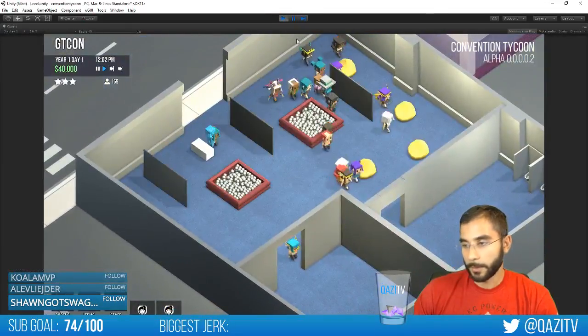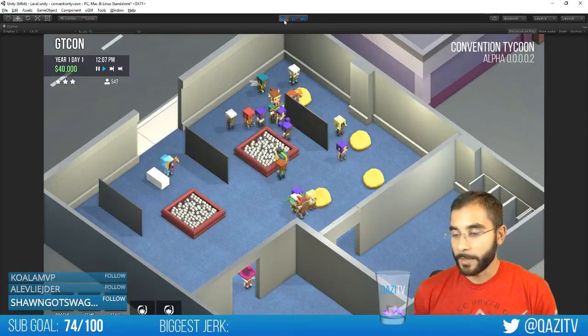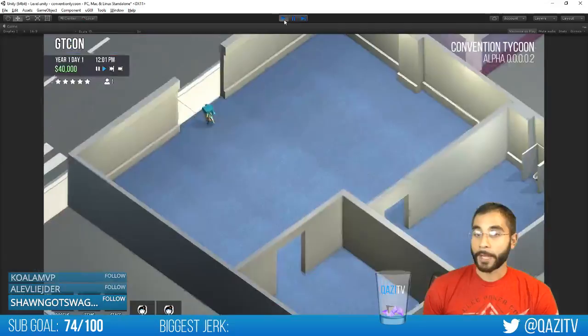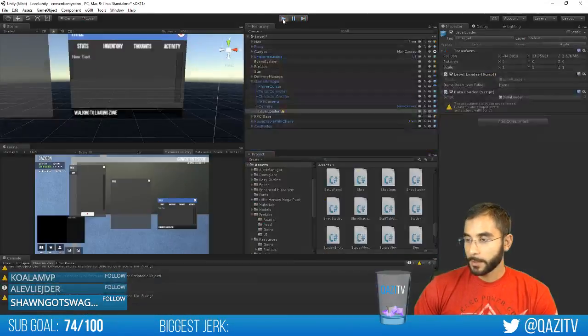Load, load, load. Cool. We don't have their rotations and states being saved yet. Pretty much the actors aren't being saved much at all. All we have right now is loading what type they are, what kind of type they should be, and what their names are. So their names should always be the same. So that's Marge Spriggs. So if we reload,